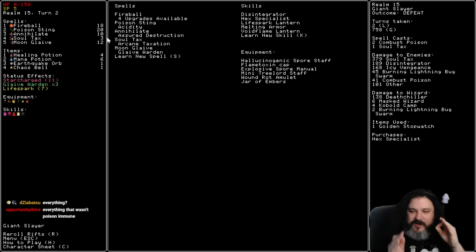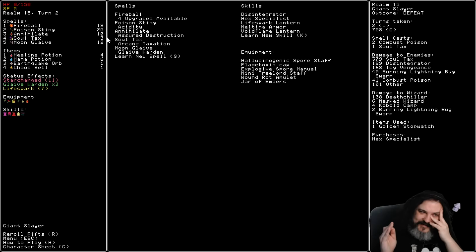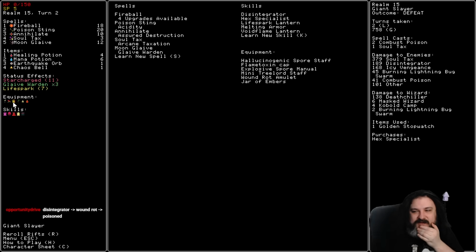No, wait. So I cast my spell, everything got hit. I cast the stopwatch, and that's when it procced Explosive Spore Manual. Explosive Spore Manual is the end of the turn, right? Yeah, Wound Rot. Poisoned. I guess I was thinking that would happen on turn 1, not on turn 2. And that's why I was surprised. Because I figured I did my...